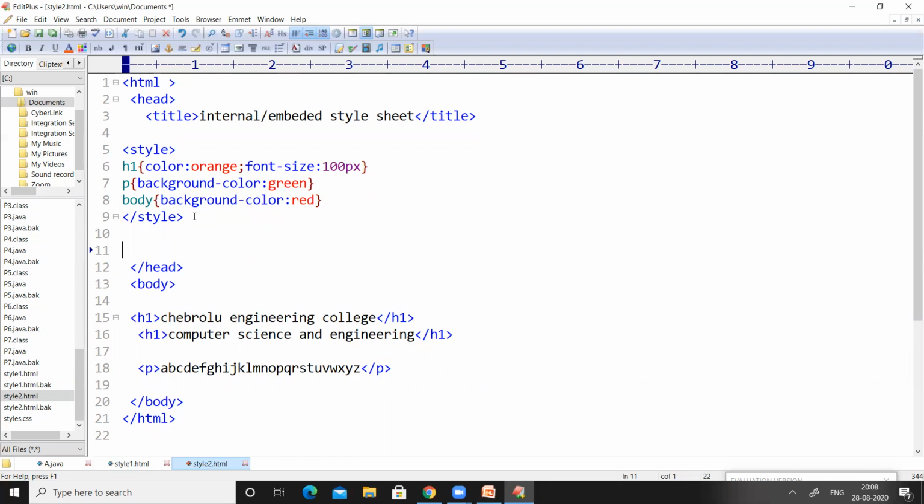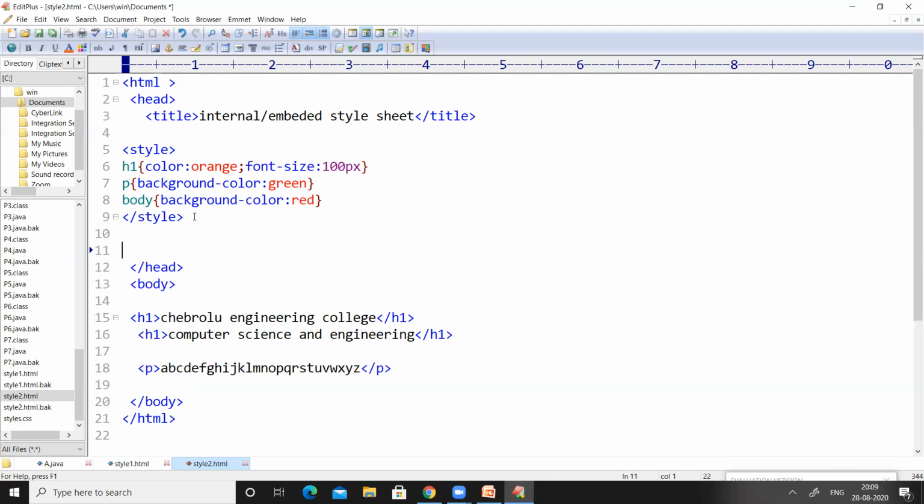So while we are talking about internal or embedded style sheets, the code for CSS, that is cascading style sheet code, should be included in the head section only. Right? Previously, while writing the inline, we have written all the code related to the style attribute in the body section.